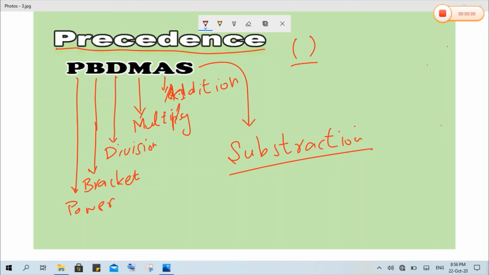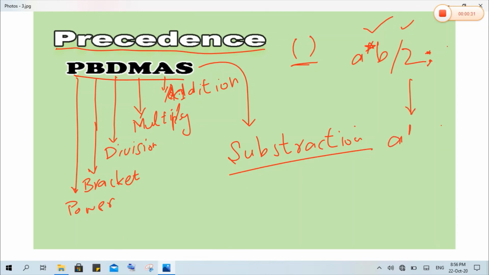Let us see an example like A asterisk B division 2. If we have an example of this one, so multiplication and division have the same precedence. In such situations, we have to put brackets around the operations according to this PBDMAS rule. We will write this as